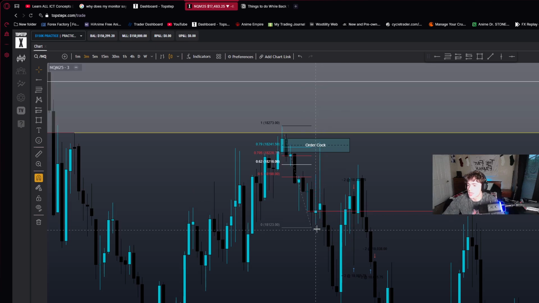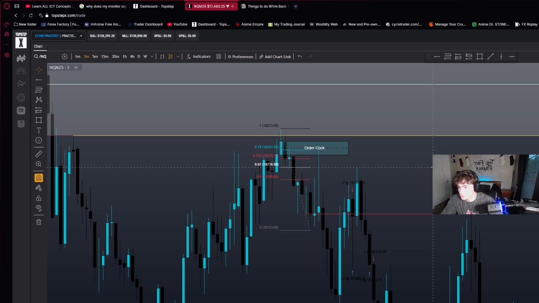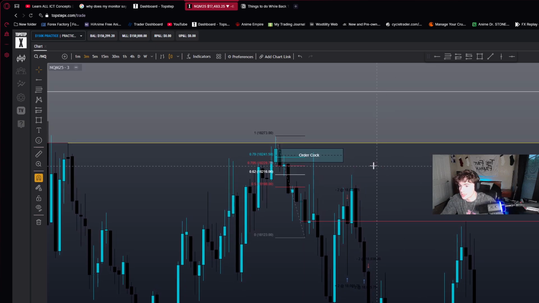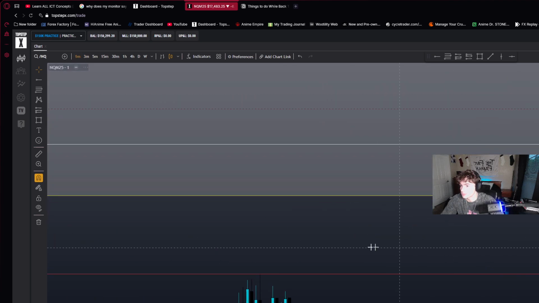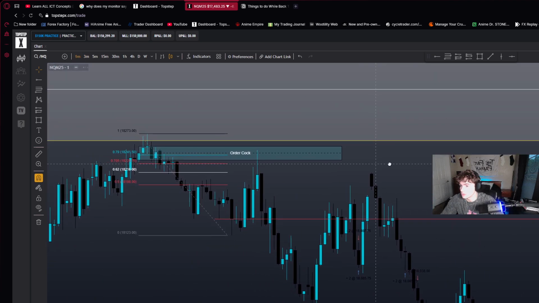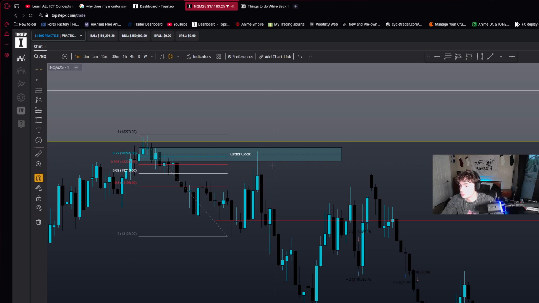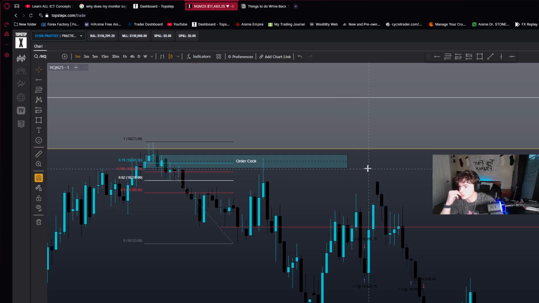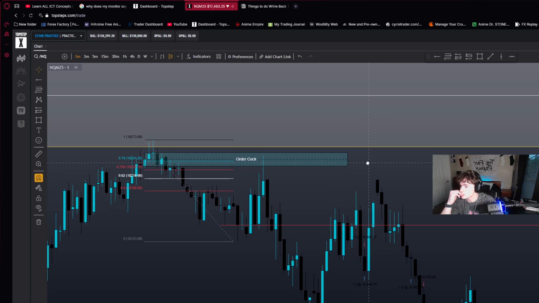So we break structure on this candle. We start retracing after it, actually, which is perfect. I like that, actually. Didn't know we could do that. So we broke structure. We'll label that there. And then price ended up retracing. It didn't do a second retracement. I actually wouldn't have taken that trade unless it was very slow coming out of it. There's no point in me taking that trade since there's not 2 retracements.